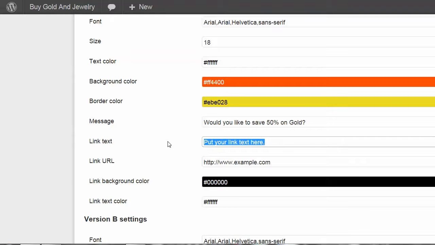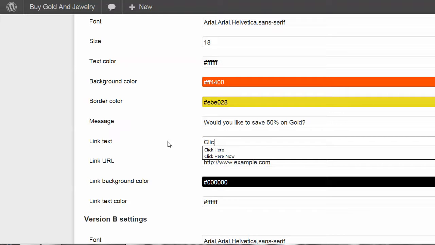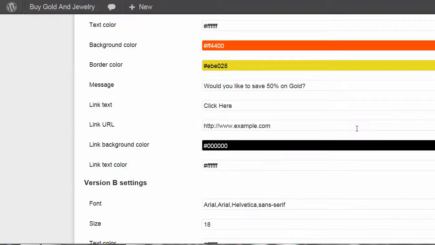Next, the link text, I'm just going to put click here, and the link URL. Now for this you could put a link to any website, or you could link to an internal page on your blog. A good thing to do is sign up for an affiliate program and then put an affiliate link in here. I'm just going to put gold.com for now,